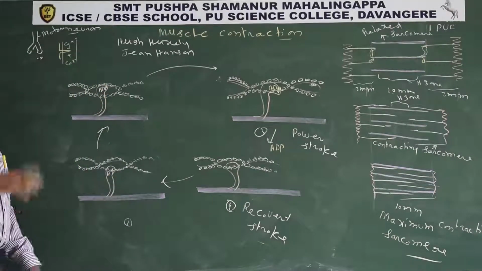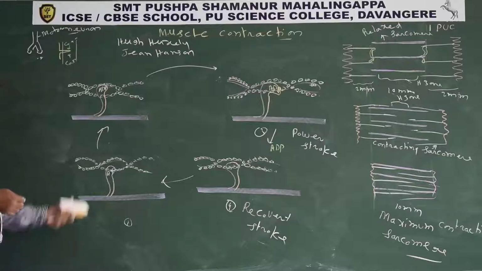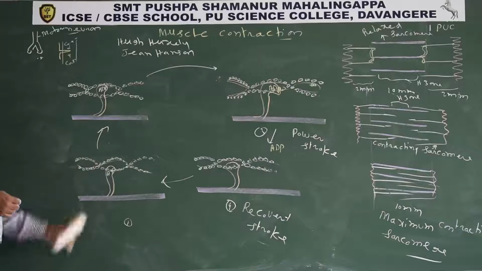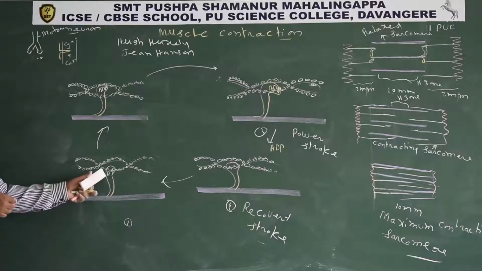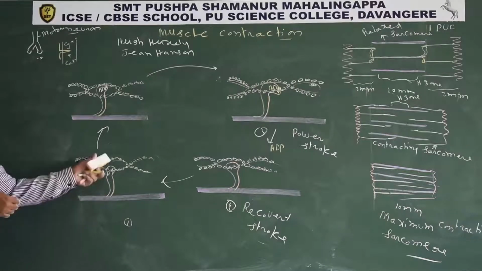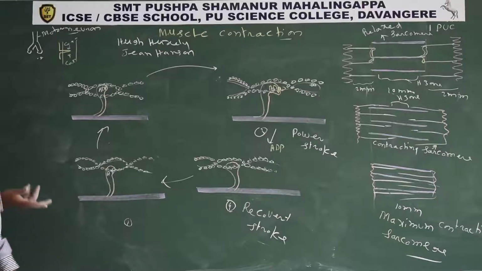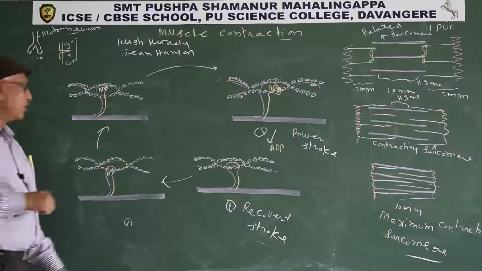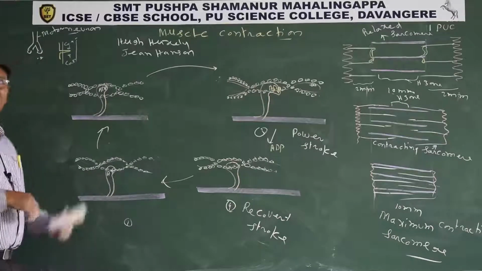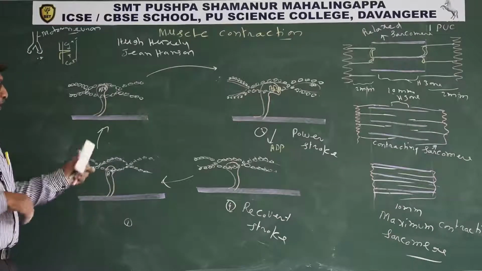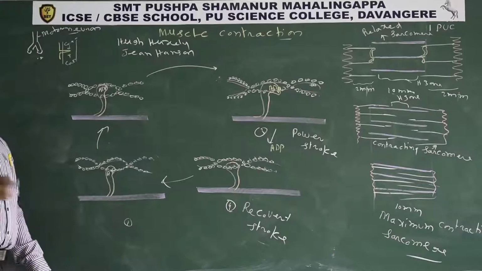So some of you may have a doubt here. Whenever an ATP molecule attaches to the myosin head, it separates from the active site. At that time the I band may regain its original length. It is not possible. The reason is myosin heads attach and detach from the active site about 50 to 100